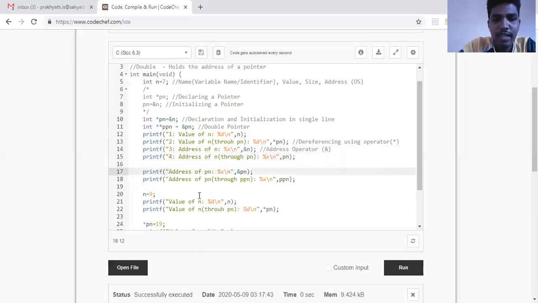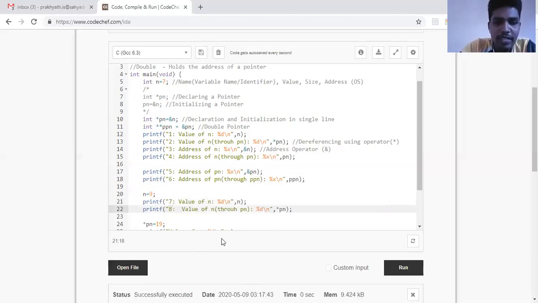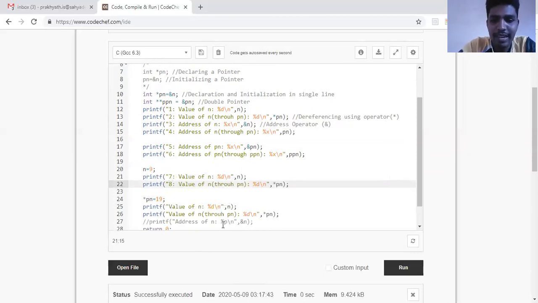Only for understanding the output, I'm naming the printf statements with these line numbers. Okay, 6th line output, then 7th, 8th. While explaining, it would also be easy for me to say, compare the 8th and 9th line output. So this is the 9th line, and this is the 10th line. So we have named our printf statements.